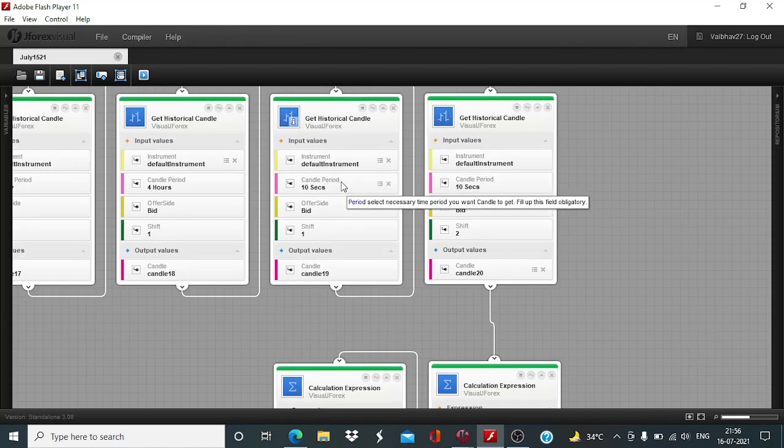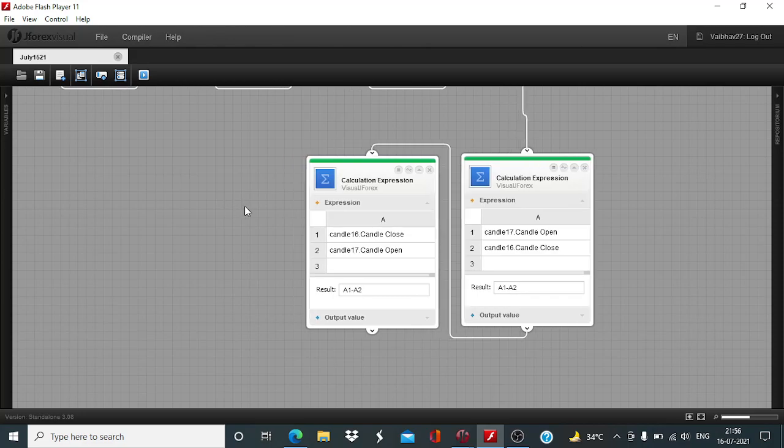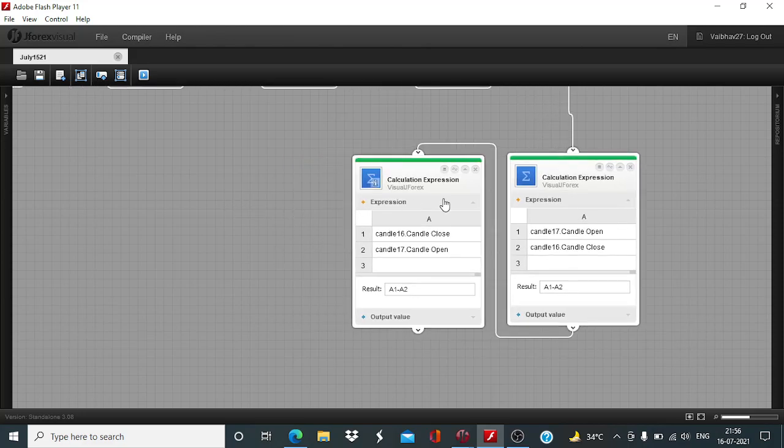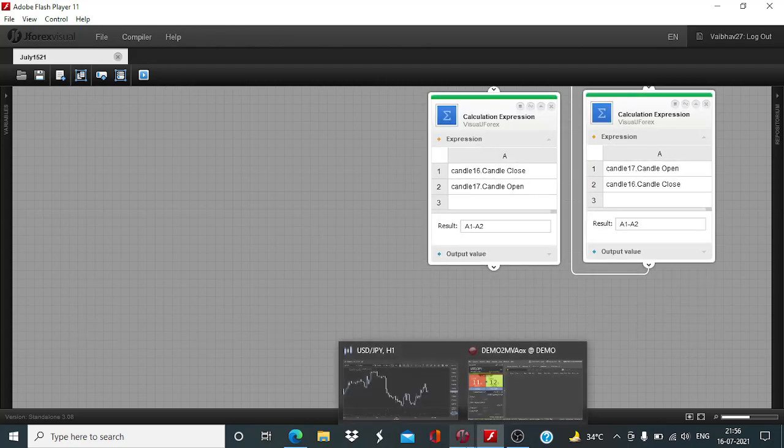And to pinpoint the exact entry point, these 10-second candles will come in handy. And to define the conditions, we have also considered these calculation expression blocks. Now I will take you back to the